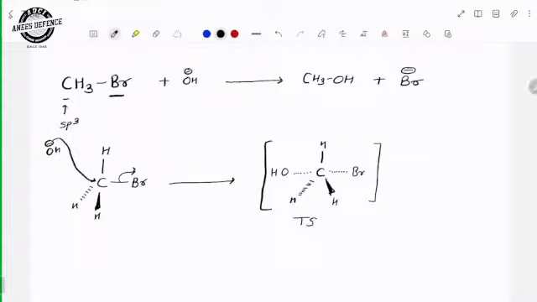And the final product will be what? This is CH3, this is H, and here will be my OH, and my byproduct will be Br minus. Why Br minus? Because this Br has taken the bonding pair of electrons. As we know, in the first reactant we can see carbon and bromine, and between carbon and bromine there is a covalent bond. And what do you mean by